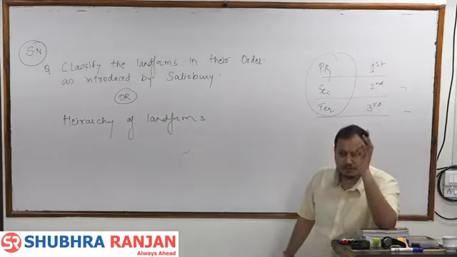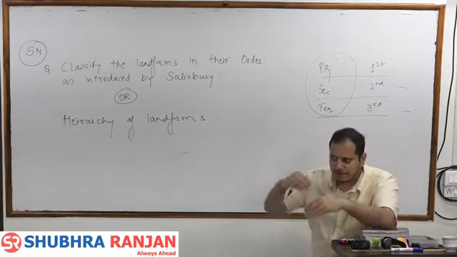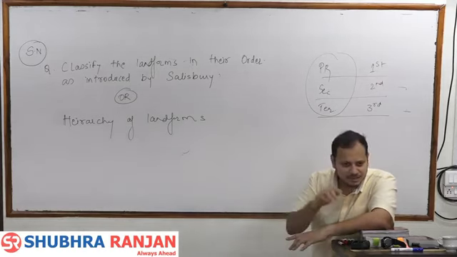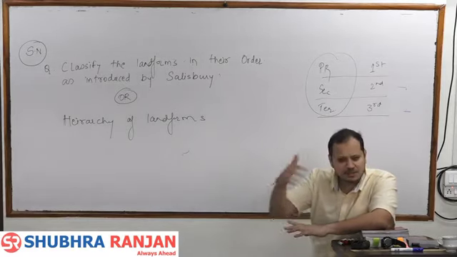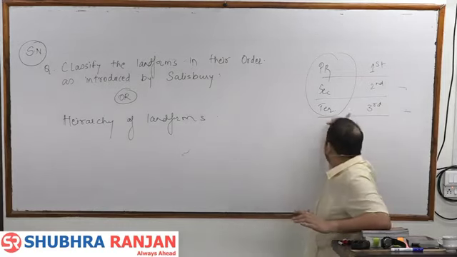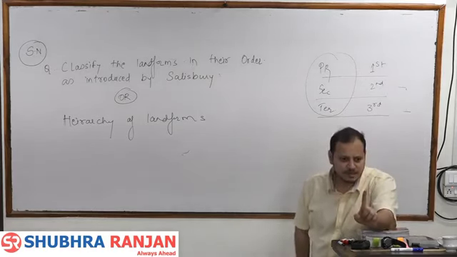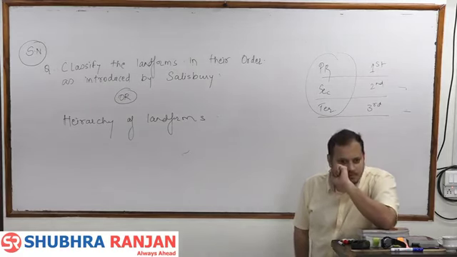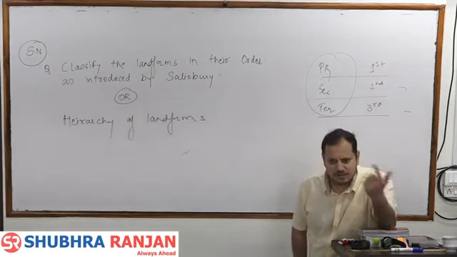First order landforms are those which were originally created. Second order are those created by the modification of the first order landforms. Like primary industries, which take directly from nature, and secondary industries, which are based on the processing of primary products. Tertiary is totally different: tertiary landforms are the small local landforms created after the breaking of the second order landforms. This is Salisbury's concept. Where will a continent come? First order. Mountains and valleys are second order. Small hills or rocks are third order.